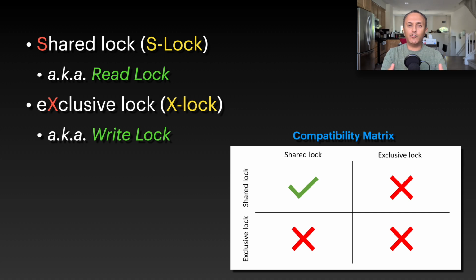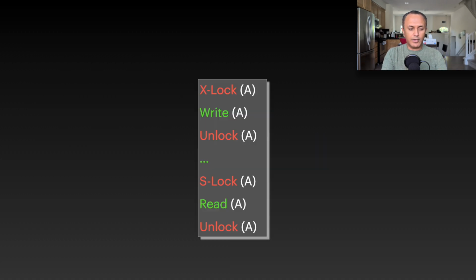So all transactions will be able to proceed if all they want is to just read the value of a particular variable or a particular row, and so on. Okay, so in practice, it would look something like this. If you have, let's say, a write and a read operation, one possible way to do the locking would